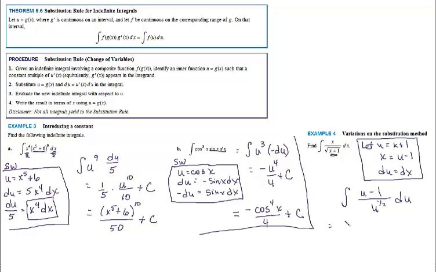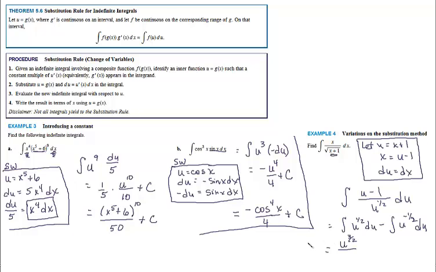So this is going to be the integral of u over u to the 1/2, which is just u to the 1/2 du, minus the integral of u to the minus 1/2 du. Finishing this up, adding 1, so this is going to be u to the 3/2 over,